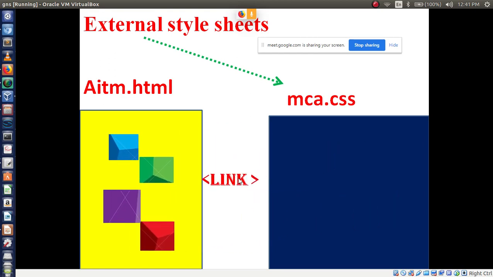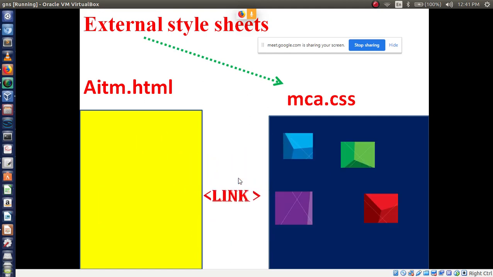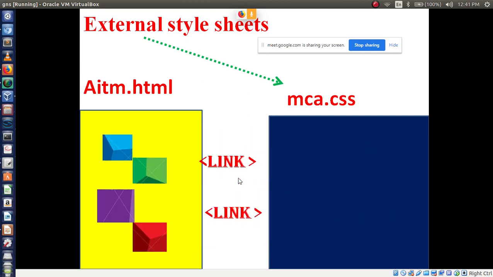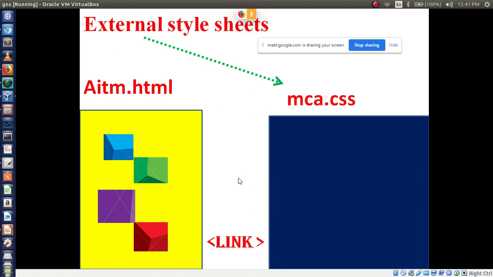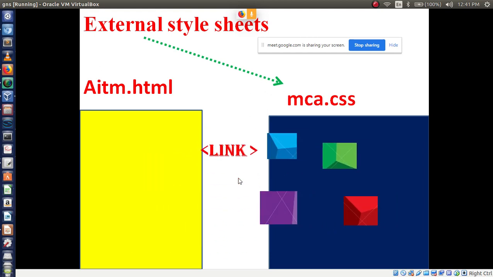After writing these separate files, then you have to link this file to HTML file with the help of link tag. Then only what you have written in CSS will apply on HTML file. Understood this logic? Everyone? Okay.